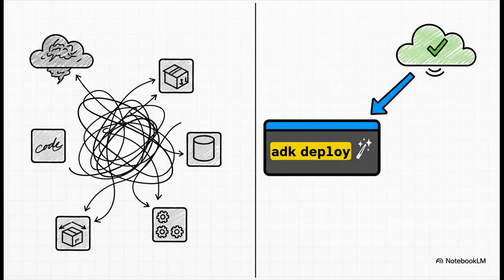And this is the magic command right here, ADK deploy. This one single tool does everything for you. It packages up your code, builds it all into a container, and deploys it to the Managed Agent Engine service on Google Cloud. I mean, it takes what could easily be dozens of manual steps and just squashes it down